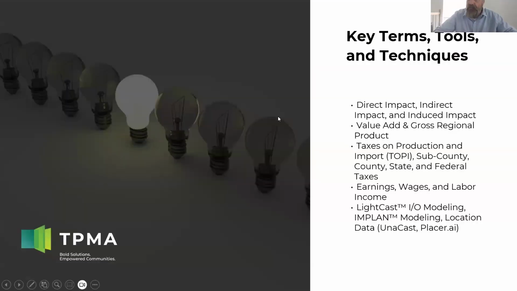So, all right. Other than those three general varieties, there's some other general housekeeping stuff that I just want to make sure I expose everybody to as we talk through it. Talk about some key terms, tools, and techniques. The first one, which is probably familiar to anyone that's done any rudimentary input-output modeling, is Lightcast. It's very straightforward. You just need to enter the industry and the number of jobs, and they spit out some numbers that give you some measure of these. As I've indicated, we get a little bit deeper and more sophisticated with the in-plan software that we use. And of course, our own ability as researchers to interpret, analyze, and extrapolate from the hard numbers that are there.